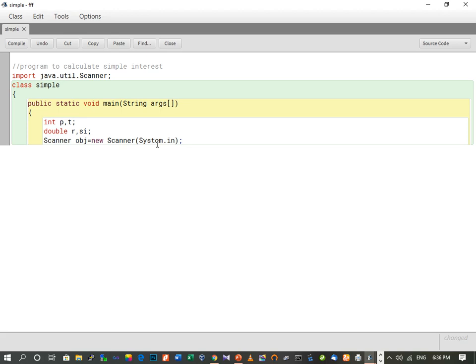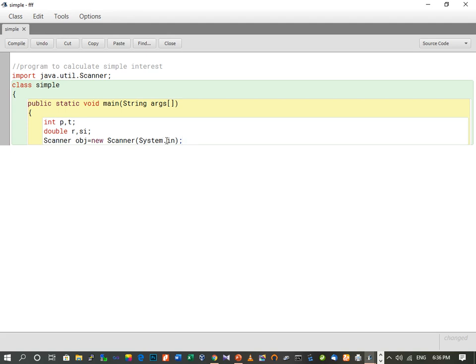And System.in is a predefined object which represents the standard input stream. As we are going to take input from the user, which will be of data kinds like character, integer, float, or double. Later on, when you study about files, you will study that we can also input a file stream. So this is a normal input stream, and for that we have to use a predefined object.